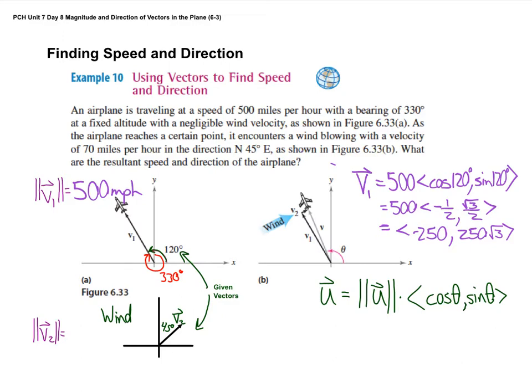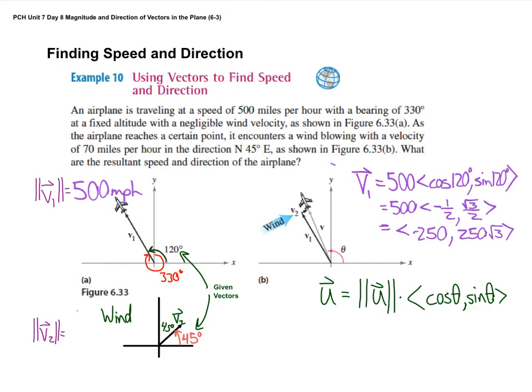Okay? Now it says the wind, as the airplane reaches a certain point, it encounters a wind blowing with a velocity of 70 miles an hour in the direction of north 45 degrees east. So again, we're given a bearing north 45 degrees towards the east. Remember, you start at north. Here's east, so you're rotating towards the east 45 degrees. Now, the angle in standard position is going to be 45, because to rotate from the positive x-axis to where our vector is going to be 45 degrees. So that's our